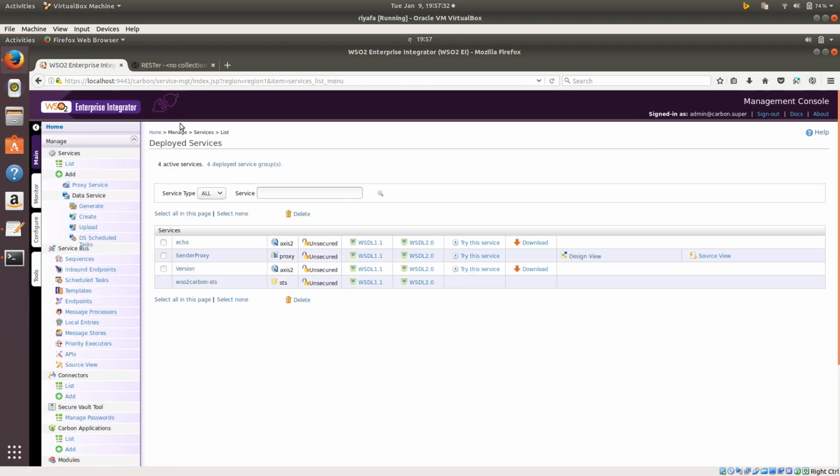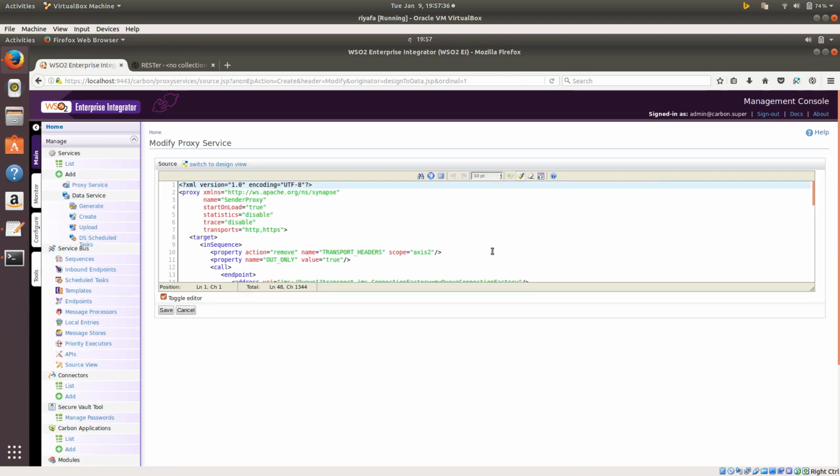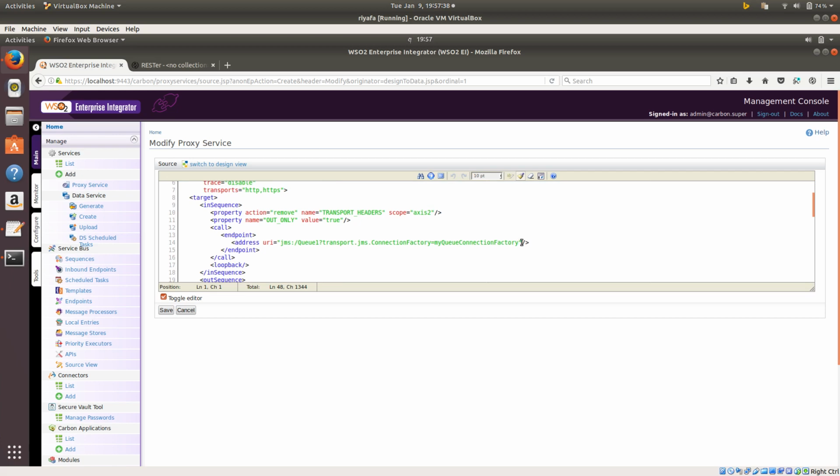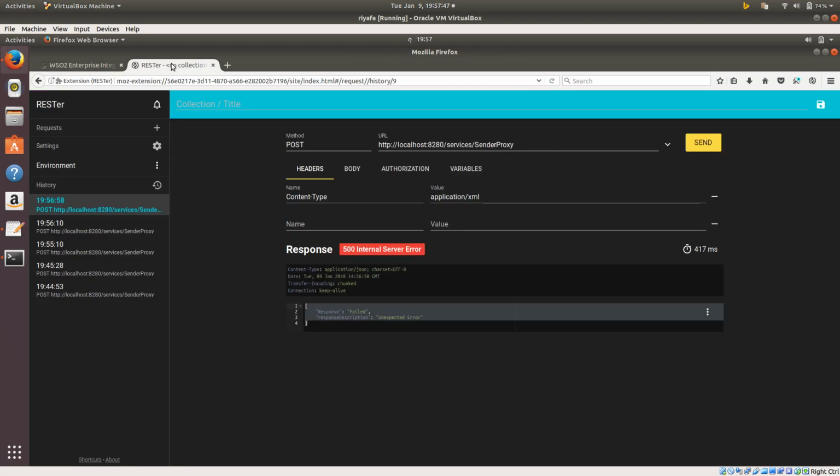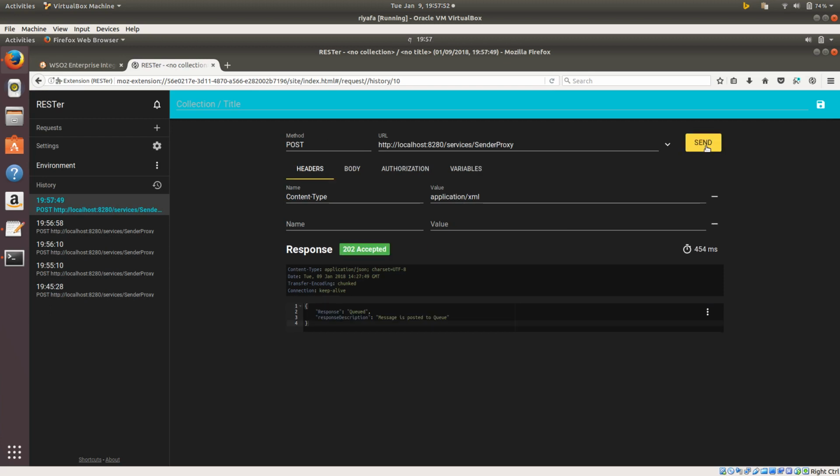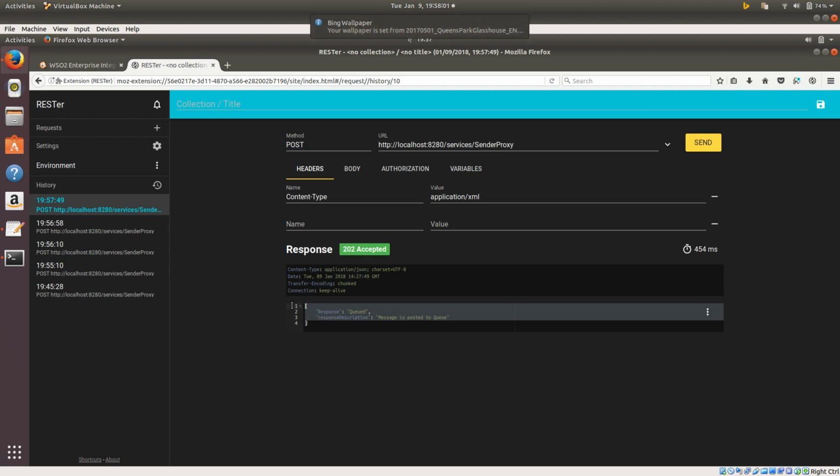And I have to change the connection factory to the correct value. This will say 202 accepted, and it will give this message. So that's how you give feedback to your customer on the